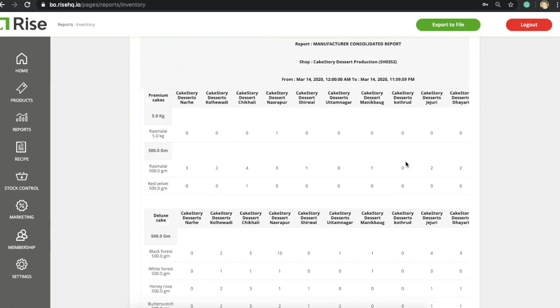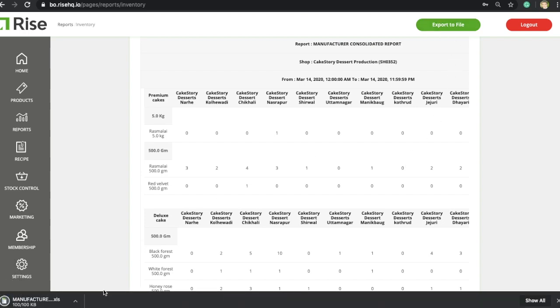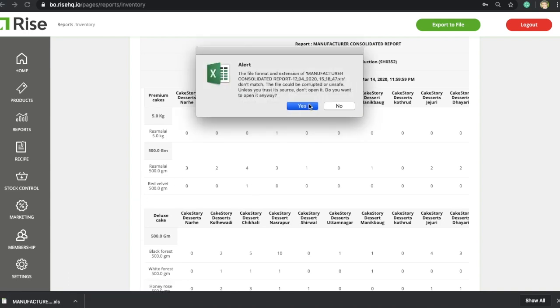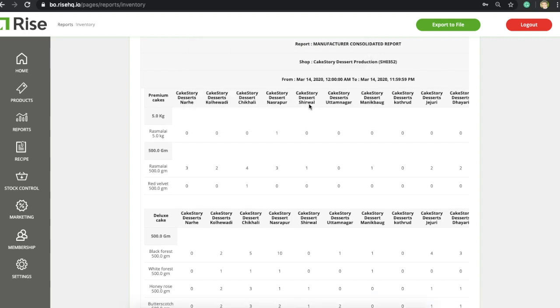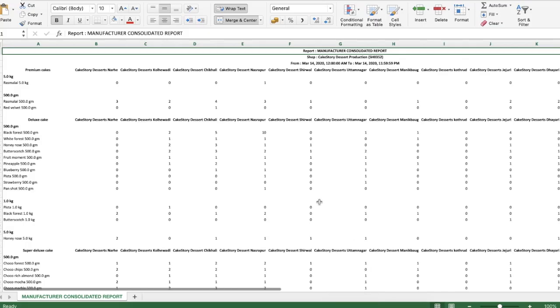For the simplicity, you can export this report into an Excel file. This is how your report is going to look like when you are looking in an Excel sheet. This is your manufacturing consolidated